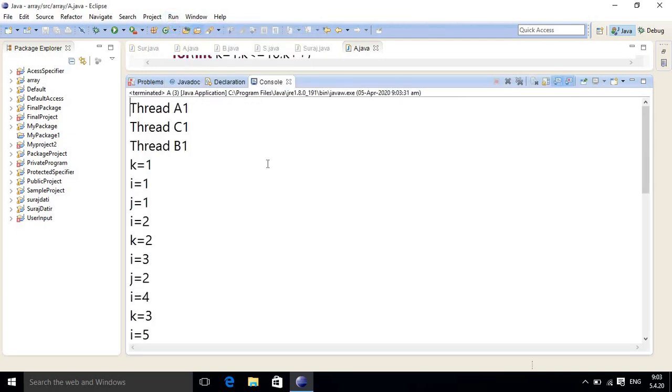So suppose once again I run this program. If you run the same program multiple times, your output will also vary. So that is what multi-threading is. Now you see in the second run the threads are coming one by one. In the previous one the output was quite different. Here now A1, C1, B1. Once again I will run. Now you see again a different output is coming. So what you learn is that the output will vary from one attempt to another. That is the important point in threads.